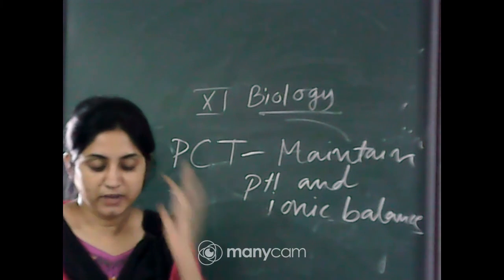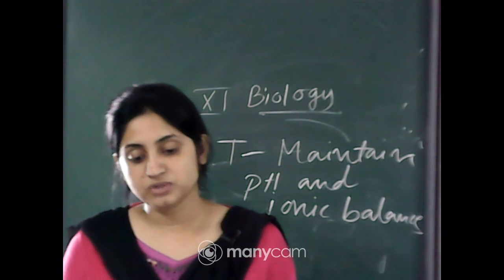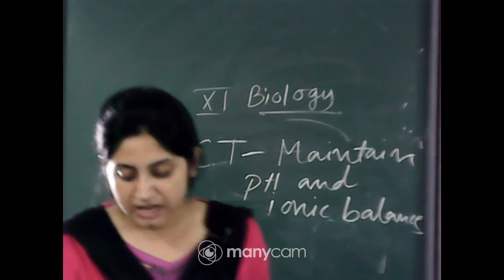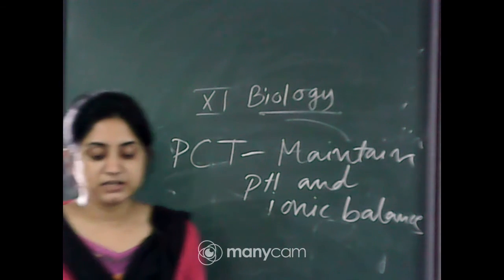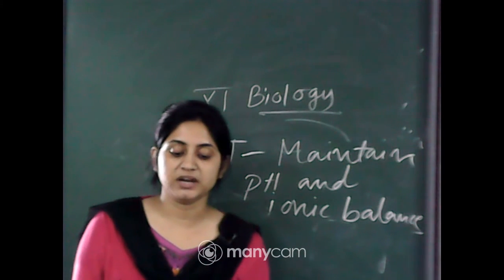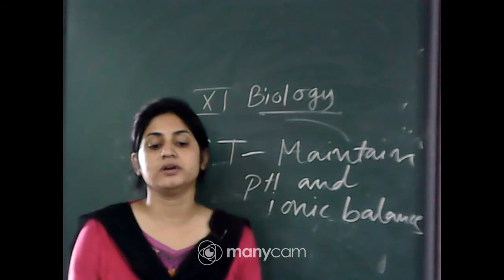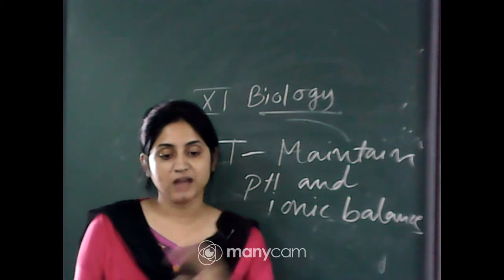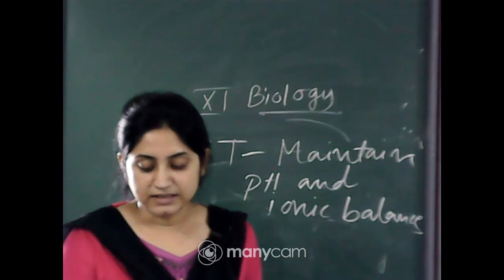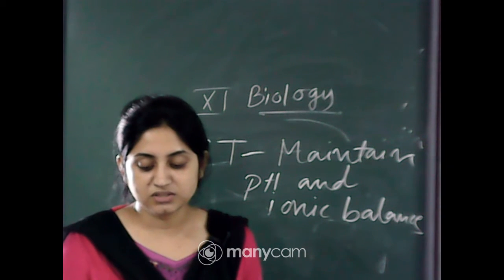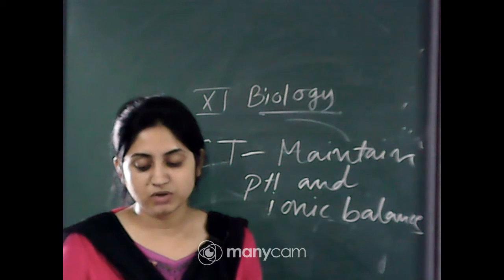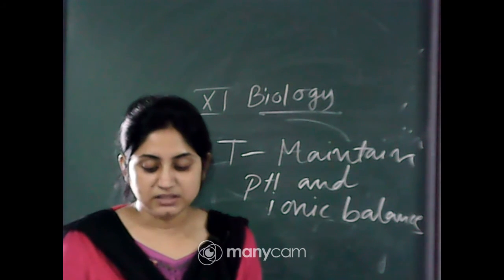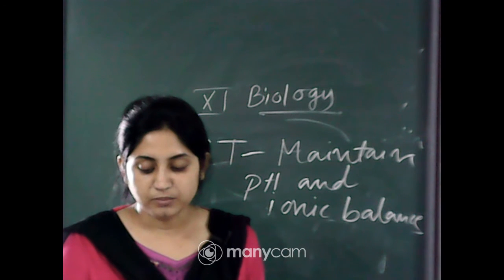Next, the loop of Henle. Reabsorption also occurs in this part, but it is minimum, very little. However, this region plays a significant role in the maintenance of high osmolarity of the interstitial fluid. So the loop of Henle helps to maintain the osmolarity. As the filtrate moves down, the ascending limb is impermeable to water but allows transport of electrolytes actively or passively, so the concentrated filtrate becomes dilute.